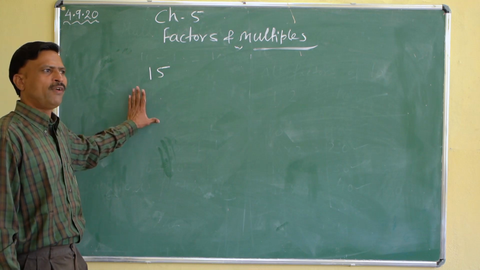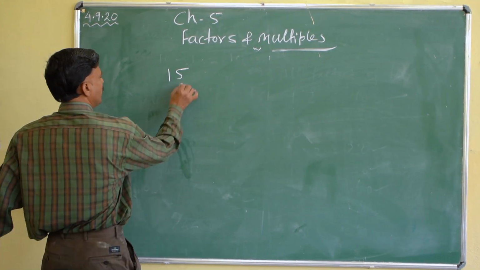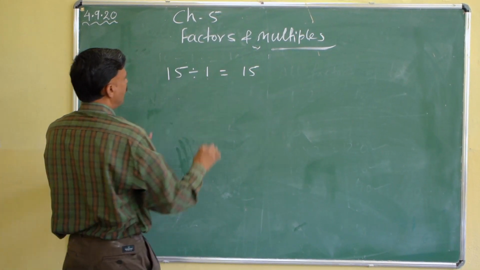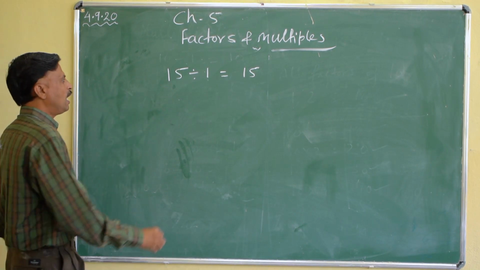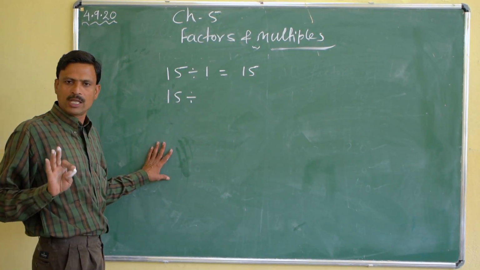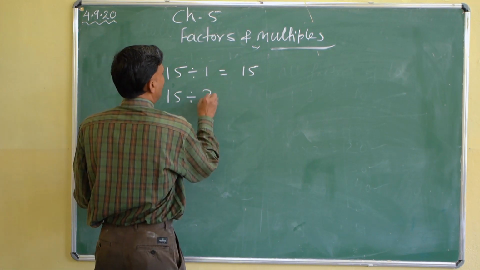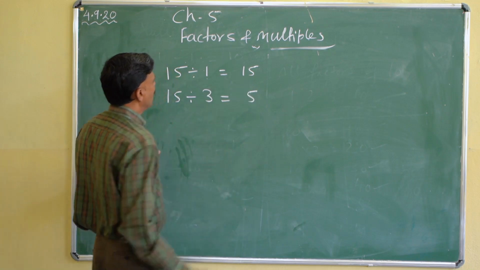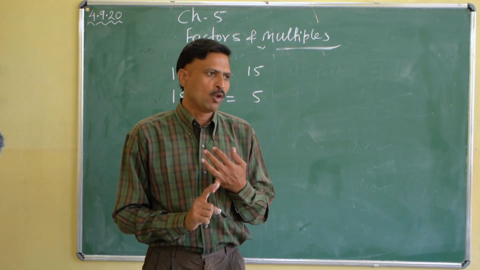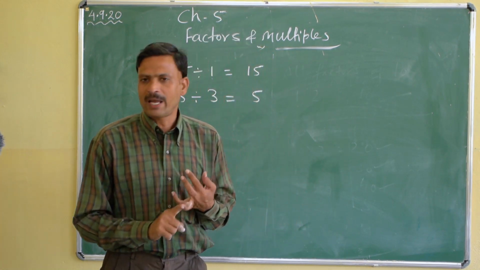As you know, 1 divides each number. So 50 divided by 1, what do we get? 50 only. So 1 is a factor of 50. Then is 50 divisible by 2? Yes. Is 50 divisible by 3? No. After that, what next number? 4? No. 4 cannot divide 50. And then 5.